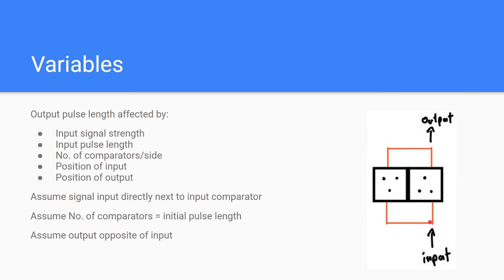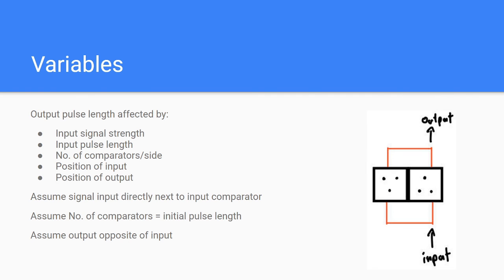Secondly, we assume the number of comparators equals the initial pulse length. So in this diagram again, we have 2 comparators and therefore we want an initial pulse length of 2. The reason for this is because we don't want a time delay when the initial pulse turns from on to off. So when the pulse travels around the circuit once, after it does that, it should immediately turn off, so the